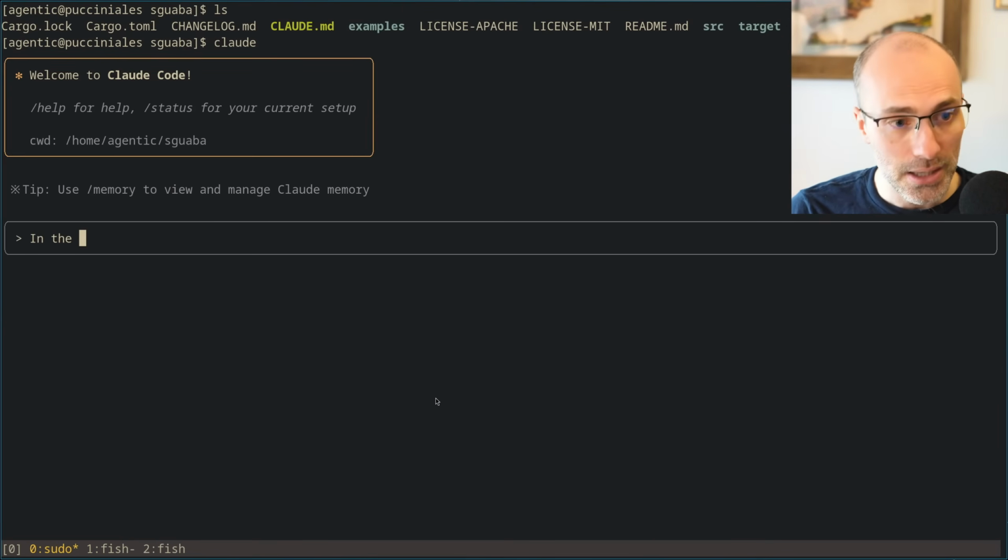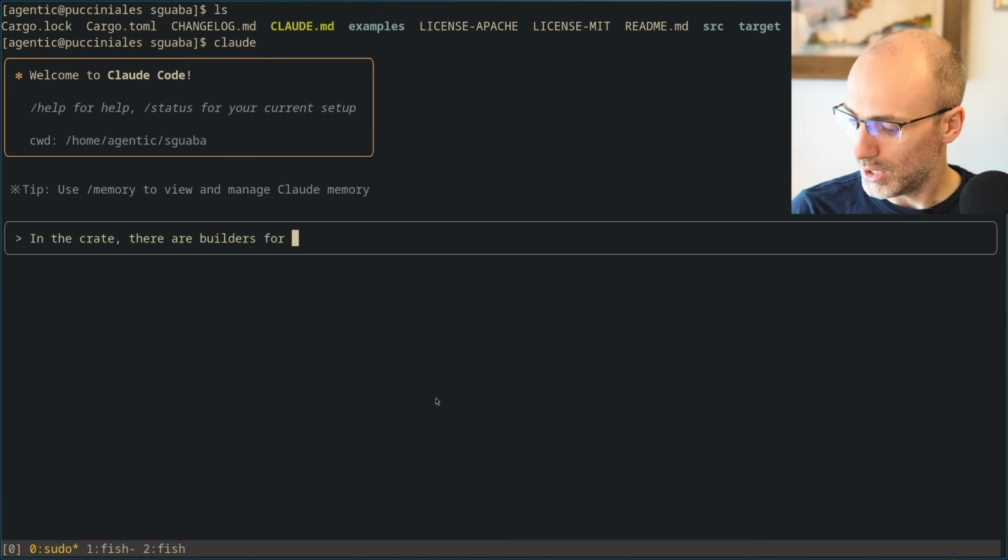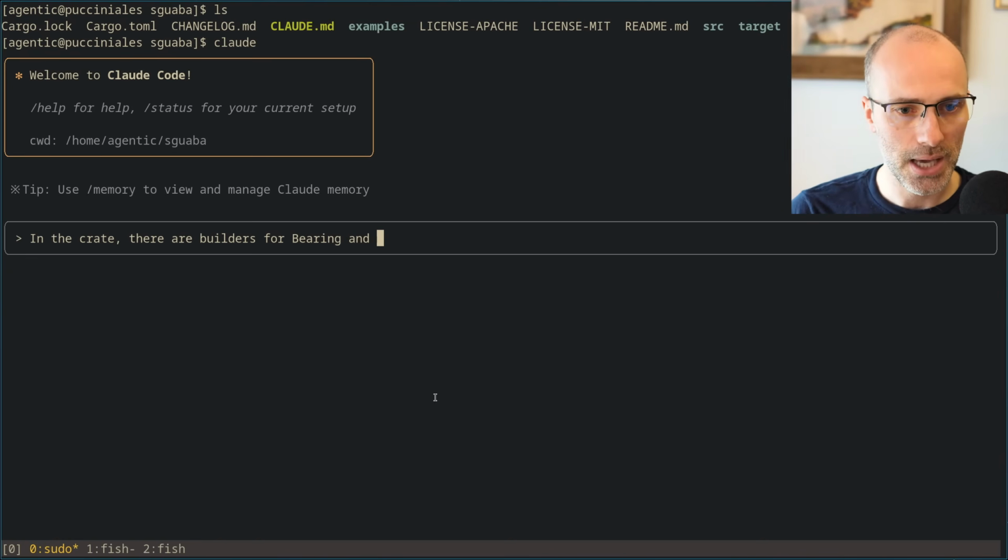In the crate, there are builders for bearing and WGS84.